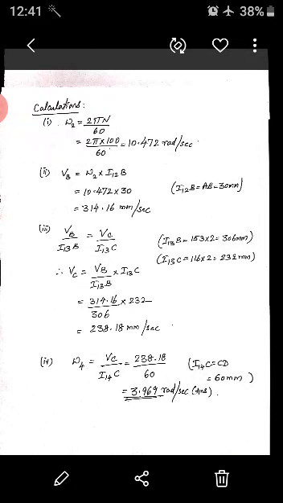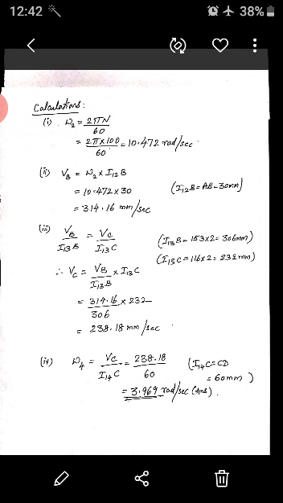Now the last calculation, omega 4. This formula we already used earlier also. Omega 4 is equal to Vc divided by I14C. C point is on link 4, so writing this formula is allowed. Omega 4 is equal to Vc divided by I14C, and the answer is 3.969 radian per second. Okay, this is the way to solve any 4-bar mechanism. Once you understand one or two 4-bar mechanisms, the question paper becomes very easy.